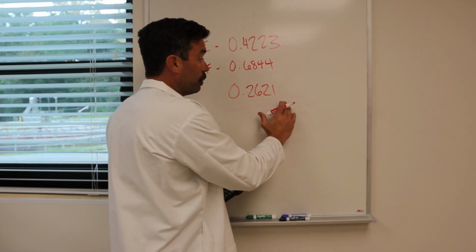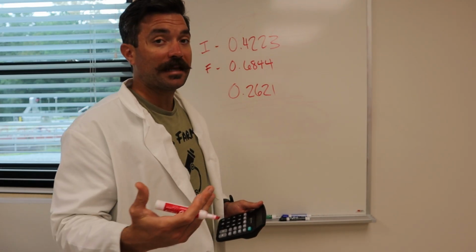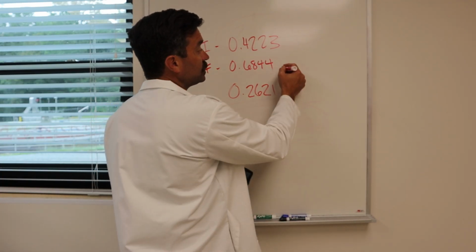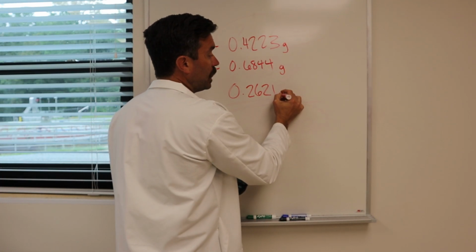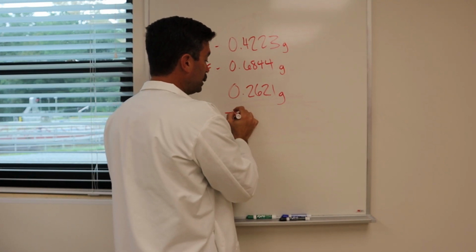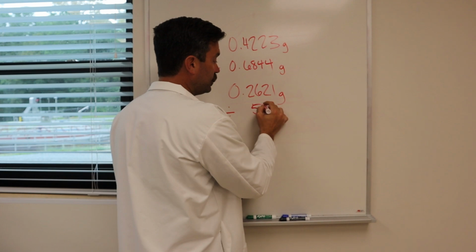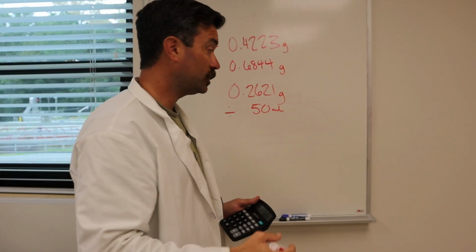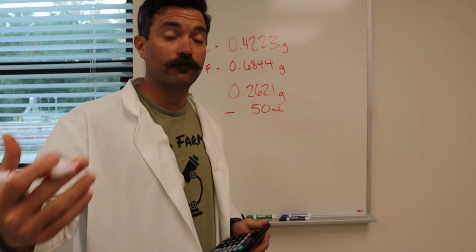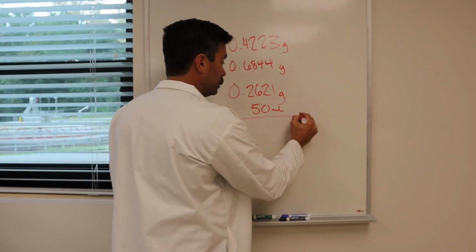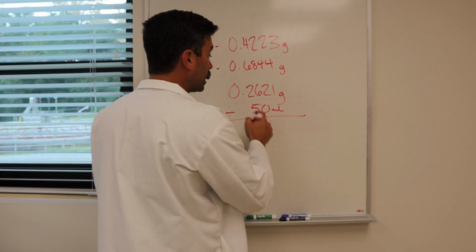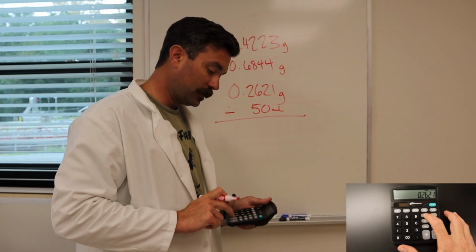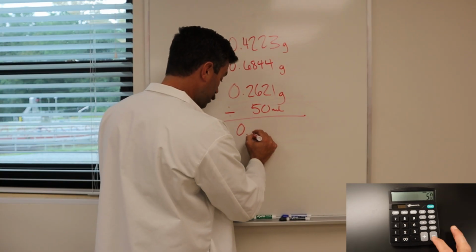So, with this answer here, we now have to divide that by the 50 mils because this is still in grams from the scale. So if we divide by 50 mils, that's going to get it into milligrams per liter, which is what we can then use to convert it into what we need it to. So to get this into milligrams per liter, we're going to divide this number, this small decimal, by 50, and when we do that, divide by 50, we're going to have a